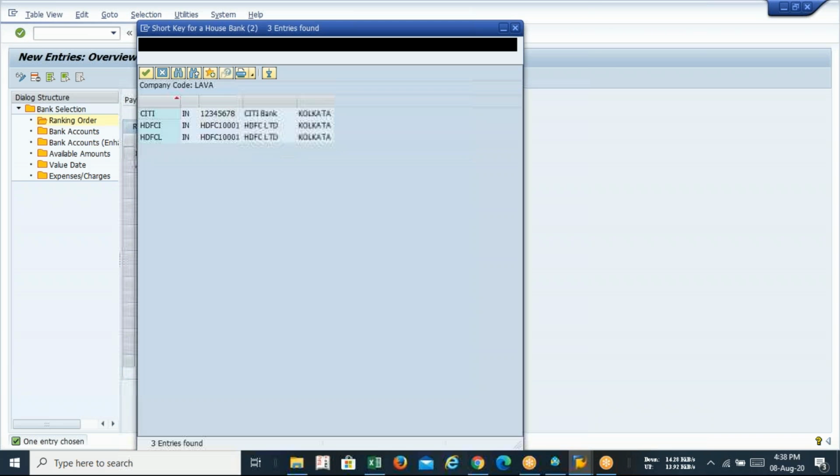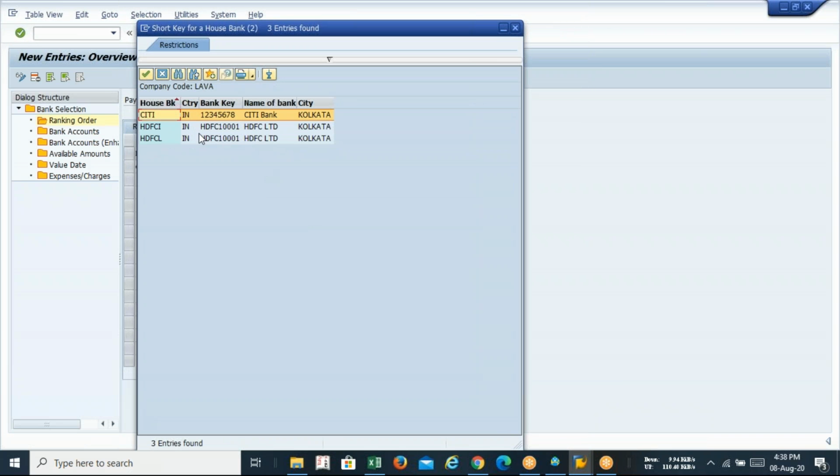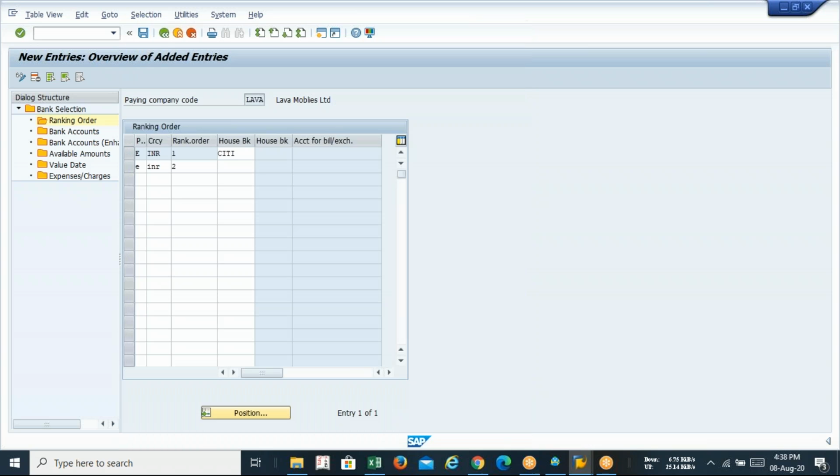And that will be, I guess, HDFC. So do we need to add all of our banks? It depends on users. At least one has to be there, the main bank. And if you want to add some other bank, if that bank balance is insufficient to clear your dues, the next bank will be used.